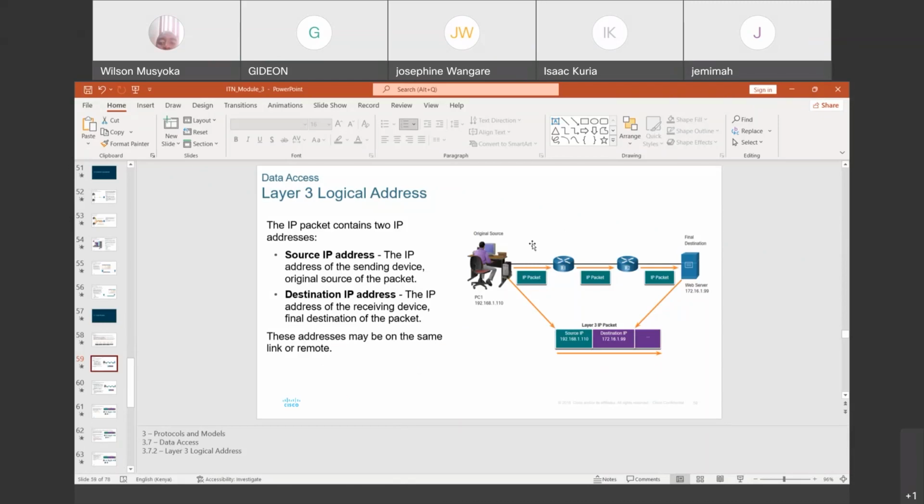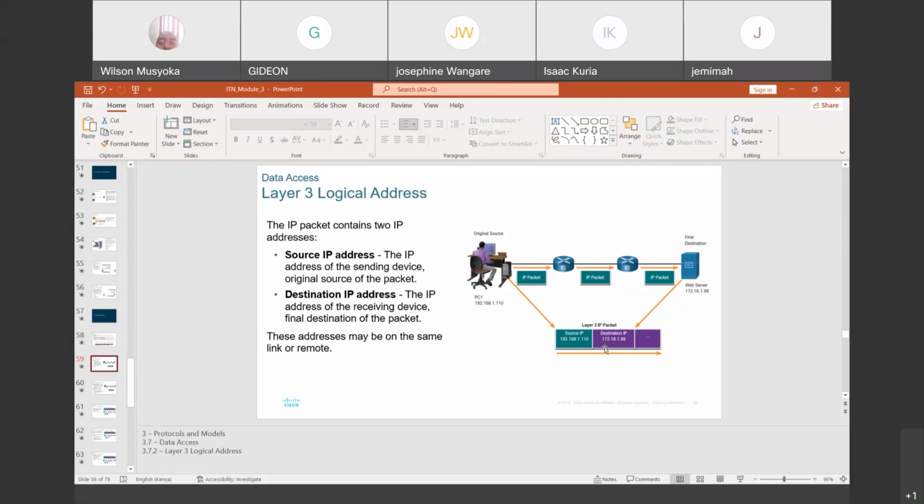So for example, in this picture, this is the source which has this IP 192.168.1.110. So that IP address is a layer 3 IP address. The destination is 172.16.1.99. If you looked at the IP addressing lecture, you could notice that this is going to be a class C IP address.